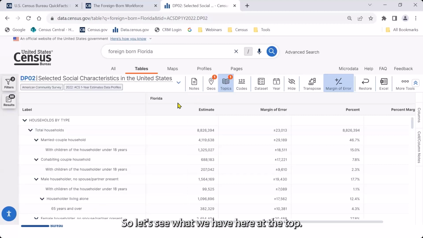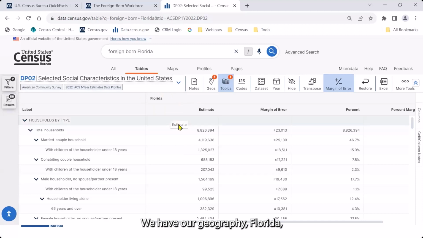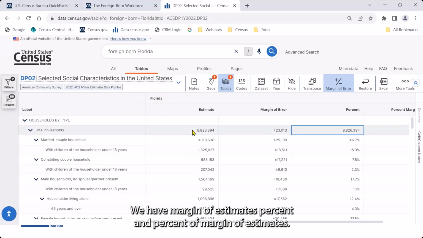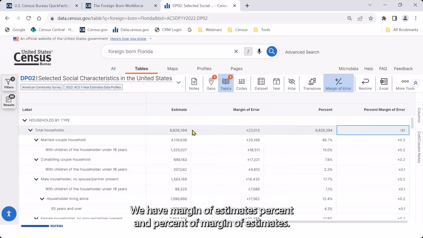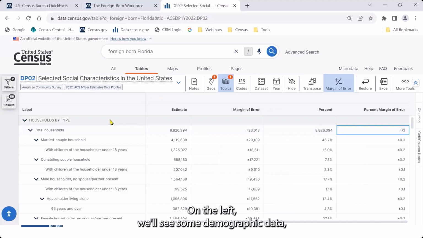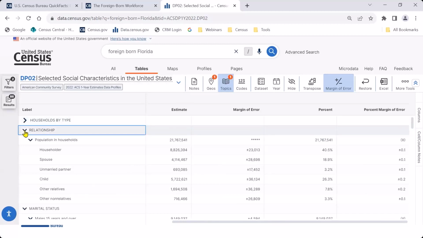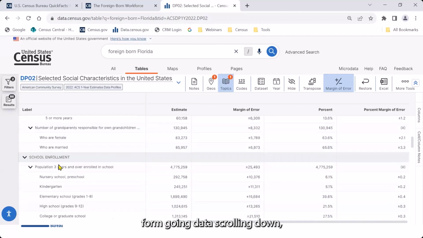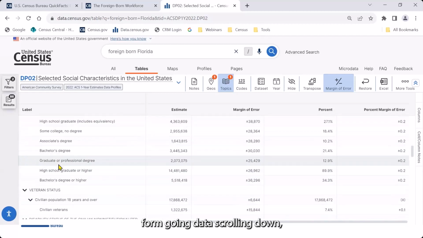So let's see what we have here. At the top, we have our geography, Florida, and we have estimates, margin of error, percent, and percent margin of error. On the left, we'll see some demographic data, but we're going to look for foreign-born data. Scrolling down,